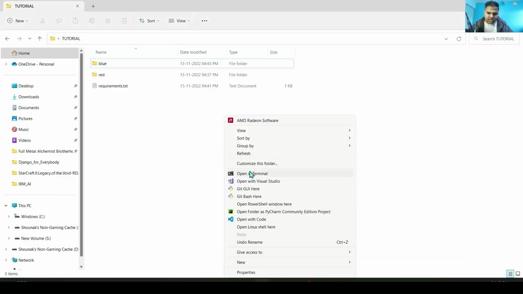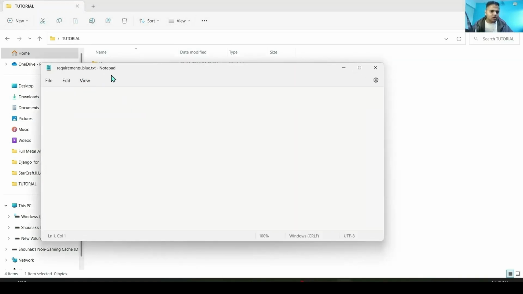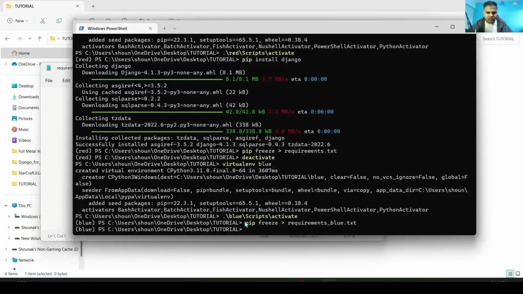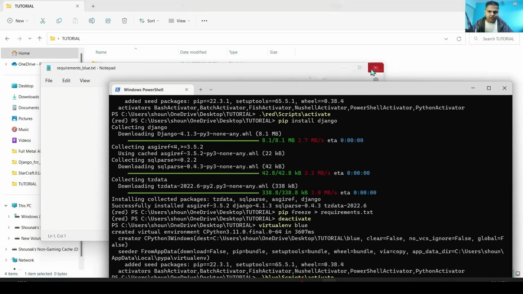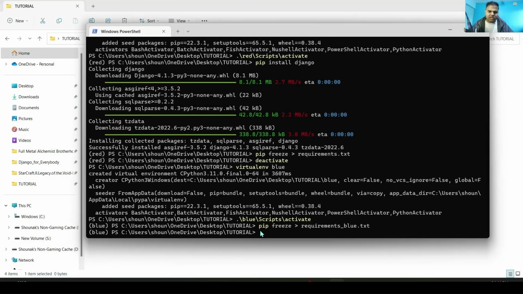Okay, it is created. Let me just quickly refresh and open this requirements underscore blue. It is appearing blank because we have not installed anything in our virtual environment. So if I want to transfer the contents from requirements to requirements underscore blue, I can do that. But just to tell you how to do it, do pip install